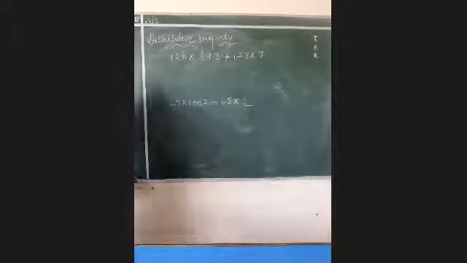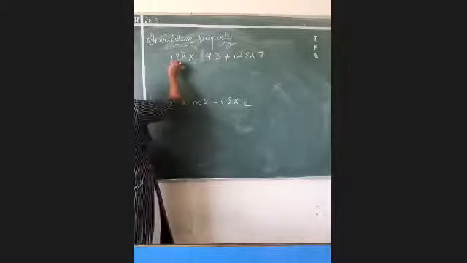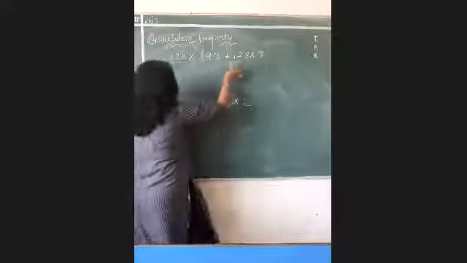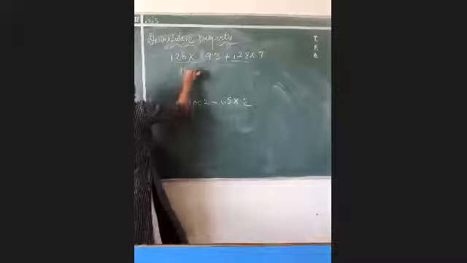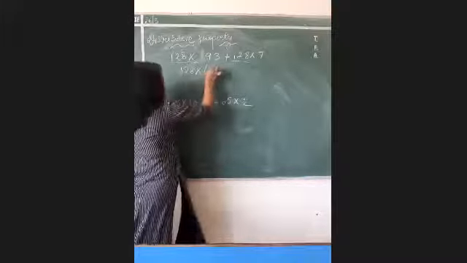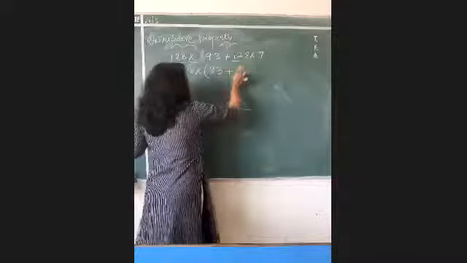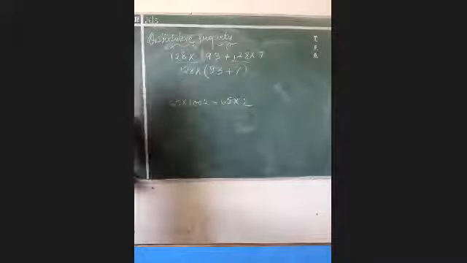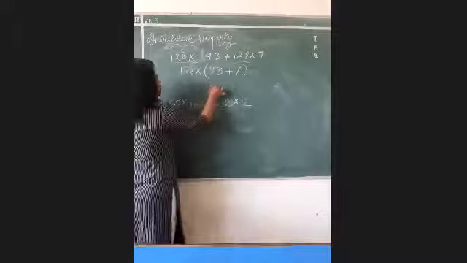If you see this question I gave you just now for solving, just look at this. 128 is a number which is written on both sides, with the sign of multiply. So I will take out 128 and the sign of multiply as common. When I take these two things common, I will be left with 93 over here, plus the sign which I have already taken common, and only the number 7 is left. Now 93 and 7 will be added together, which will give you only 100.